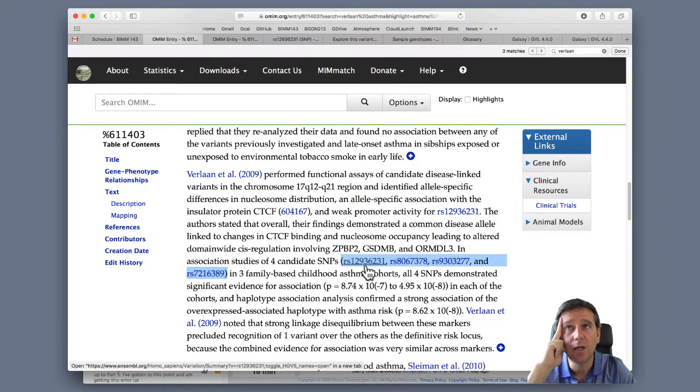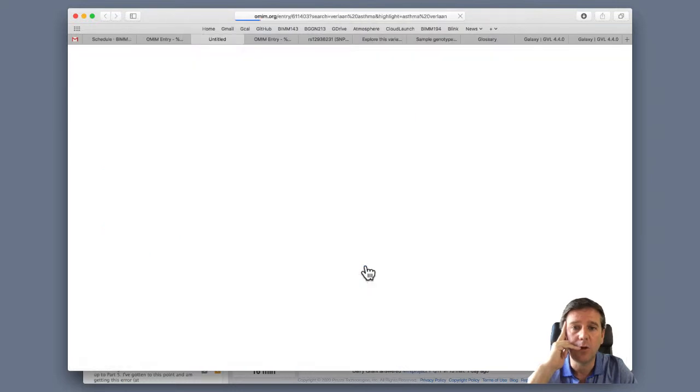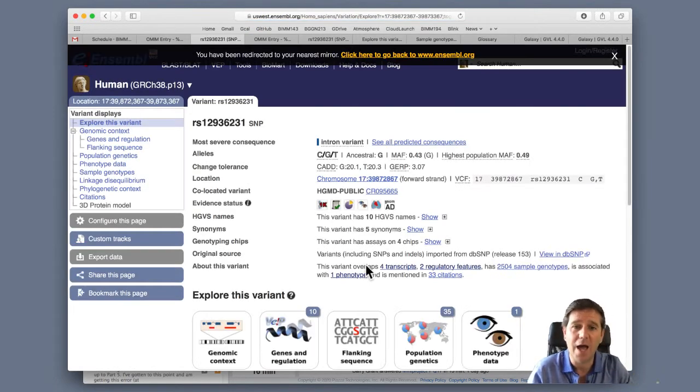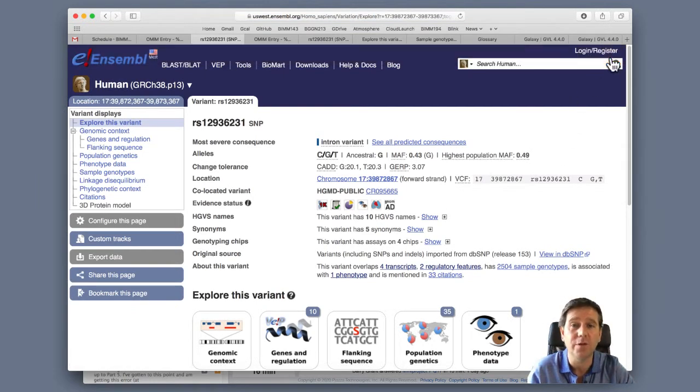So I'm going to click here. I actually have it open in a tab already, but I could click this one to open up the link for this SNP. This will take me to Ensembl. This is the EBI resource that we mentioned a moment ago. So I'm going to click off the little banner at the top that told me I've been redirected not to their European site but to their US mirror, because I'm sitting here in the United States. So it takes me to the closest version of this, and here there's the RS number for this first SNP,